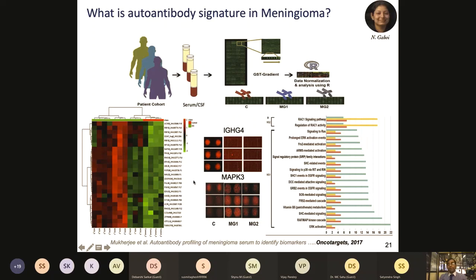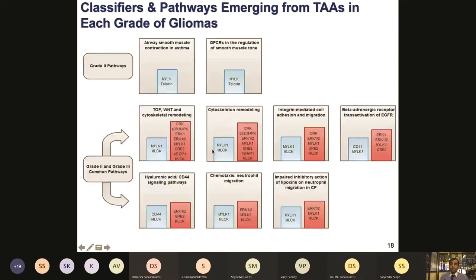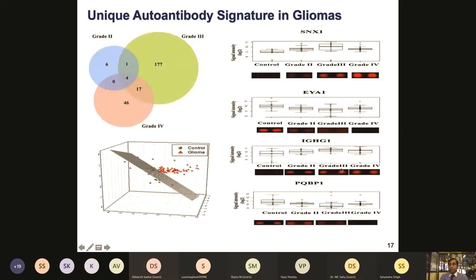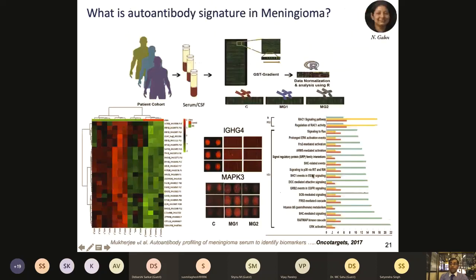After looking at the profiles of these individuals, it turned out that IGHG4 was one of the proteins. I showed you IGHG1 here, if you recall, which was showing upregulation in gliomas and glioblastoma multiforme, GBM. Whereas IGHG4, another IG family variant, shows the opposite response. It is quite high in normal samples, whereas it is totally depleted in grade 1 and grade 2 meningioma patients. So it is pretty interesting that even within the IGH family, there are proteins showing differential responses, and those are quite unique and specific. These are not generic responses, right?